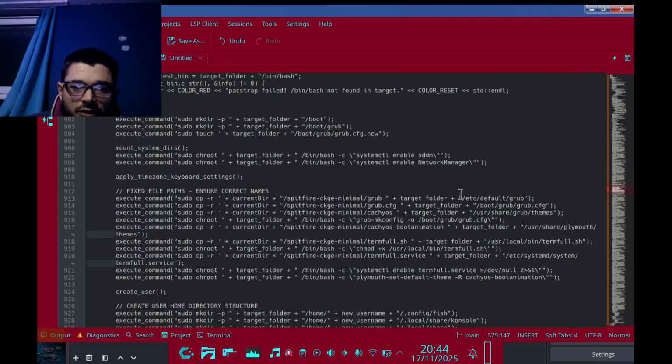I want to focus on the arch and focus on the CashOS side of this, and then we're going to move back